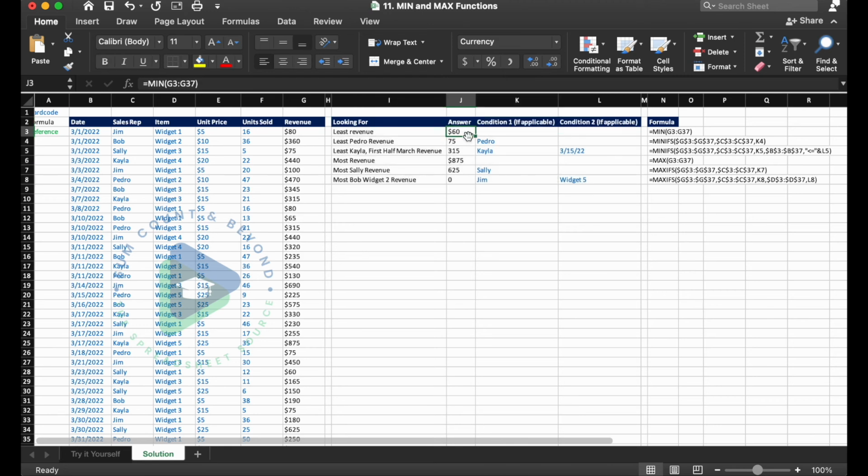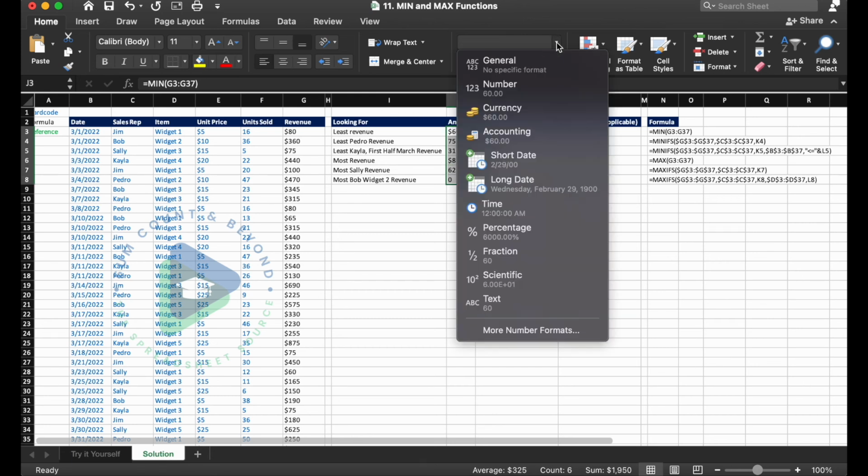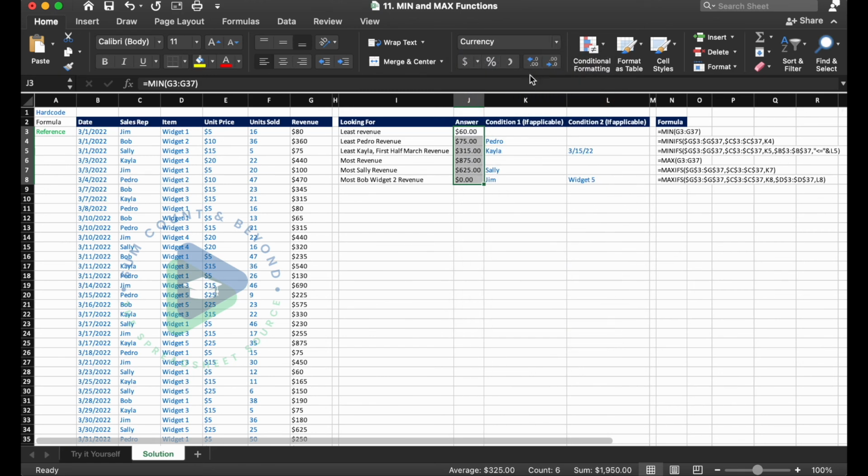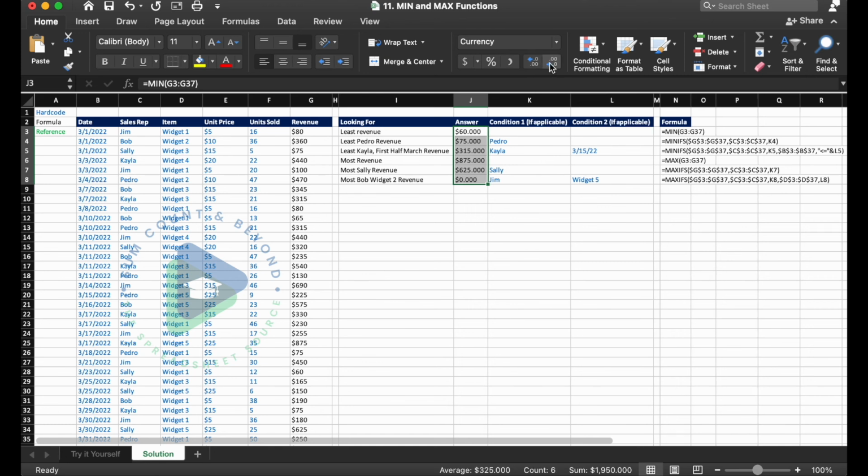And then we see here that we have some cells that are currency, some that are not. So if we highlight this group of cells, we're going to flip it to currency. Again, go up to the ribbon here and flip it to currency. And then let's decrease our decimals. It's always a guess with these ones. So we're going to decrease our decimals down, and now it's a little bit cleaner and easier to follow.